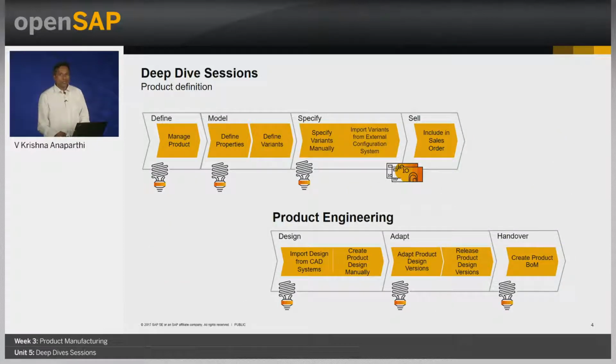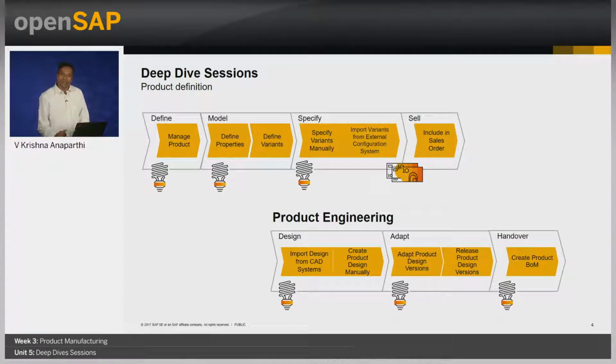Let's start with the product definition process. Once the product is created, user can create multiple variants for the product. This is done with the use of product properties which are in turn assigned to product model. These are then applied to the required products. Variants can then be created against the product in the form of product specification by assigning properties derived from the